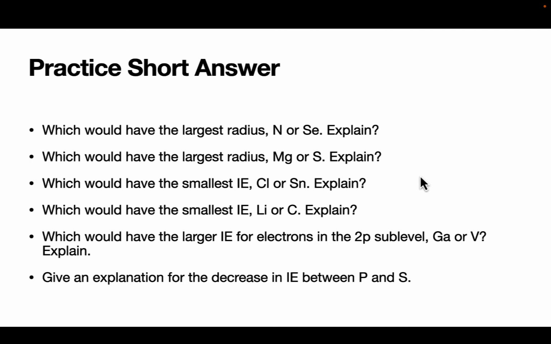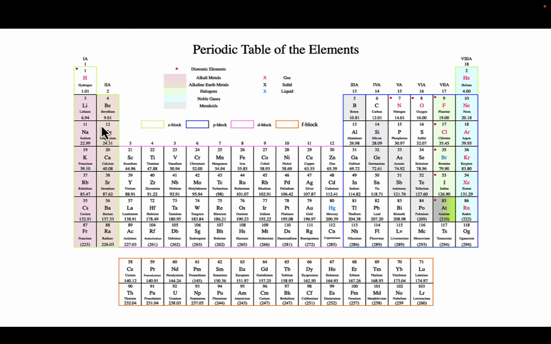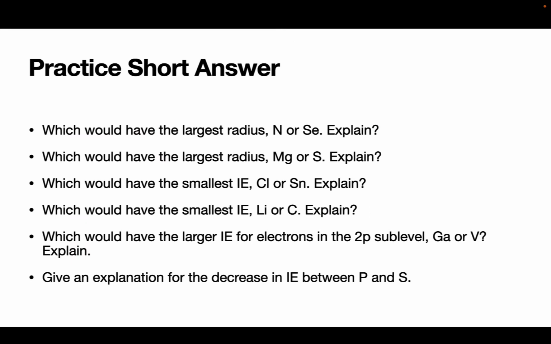For the next one, which would have the largest radius, magnesium or sulfur, we're going to look at, again, where they're located. Magnesium is located in the third period, as well as sulfur being located in the third period. So the primary difference here is that sulfur is going to have more protons. Yes, it has more electrons, but the key here is more protons. So in answering the question, which would have the largest radius, magnesium is actually going to have the larger radius